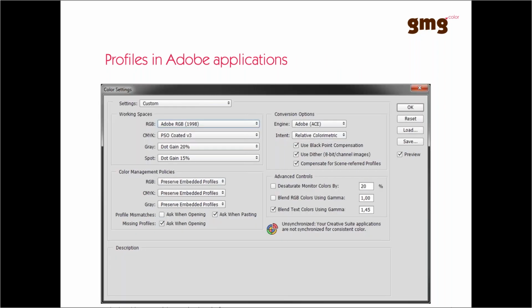In, for example, Adobe applications, you could define your color settings in each single application. In here, you define your RGB and your CMYK, gray and spot color spaces. You add additional information when color management should get applied. And you can also synchronize or unsynchronize this over